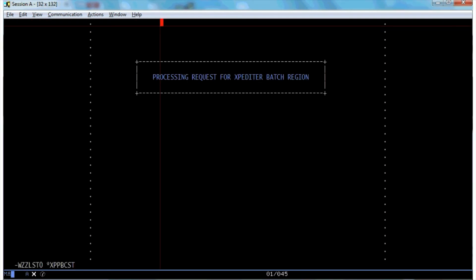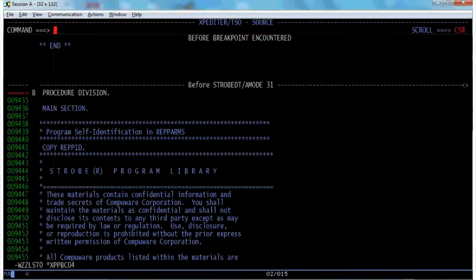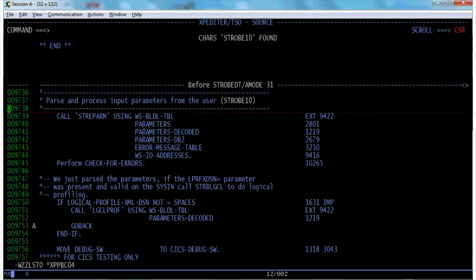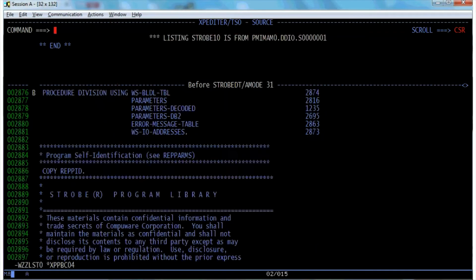And so now Expediter has gained control. And so I can see that the program being executed is not Strobe 10. So I want to find Strobe 10 to see where Strobe 10 is getting called. And I can see that call is right here. So I'm going to set a breakpoint. And then I'm going to type intercept Strobe 10, which will cause Expediter to gain control when Strobe 10 is called. Then I'm going to hit PF12,